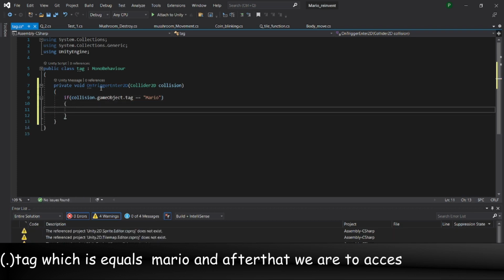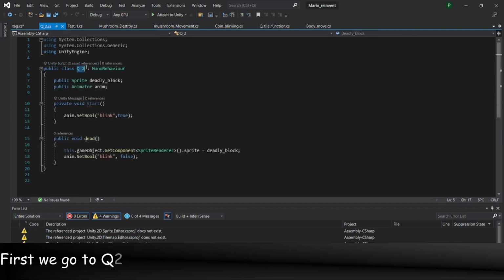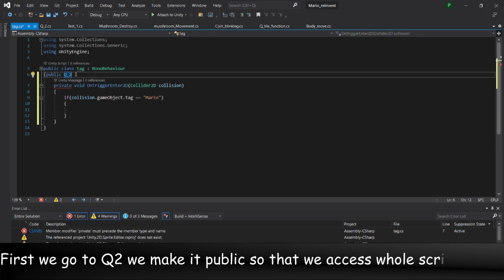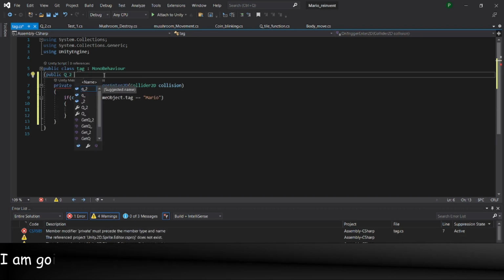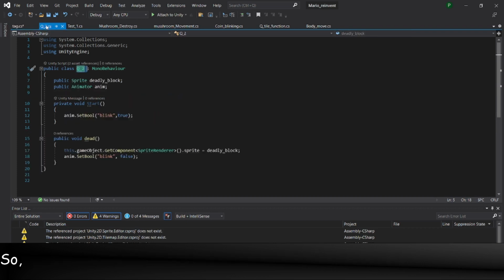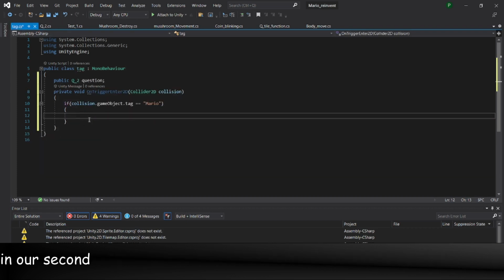and after that we're going to access our first script, which is question 2. Here I'm going to make it public so that we can access the whole script, and I'm going to name it question. Now it's ready for accessing. What we have to access is that function in our second script.